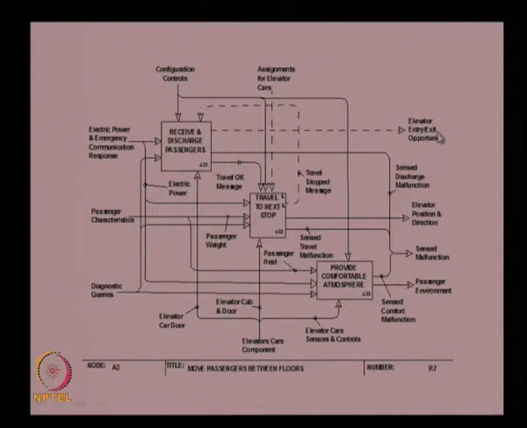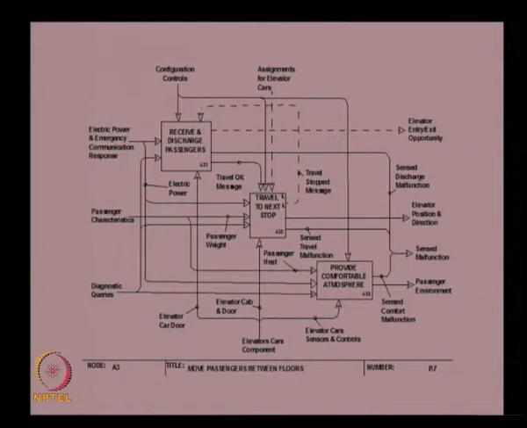And the A3 outputs we actually saw in the previous diagram, the level 1 diagram. You can see the same outputs will be coming here also, but they will be coming from different functions, not from the same function. There will be many sub functions, and some of these sub functions will be providing this output. So we need to find out which function is providing the output, and accordingly we need to design the system so that it will take the input and provide the output to the next system or the next subsystem.